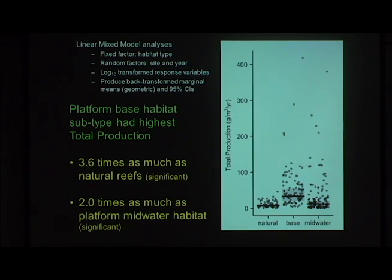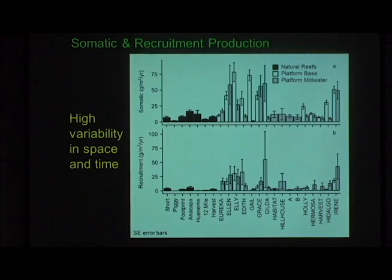And we do get some values for some platforms, some years, in just that relatively small volume, within 2 meters of the platform structure, that are as high or higher than those in other ecosystems. And we can also look,